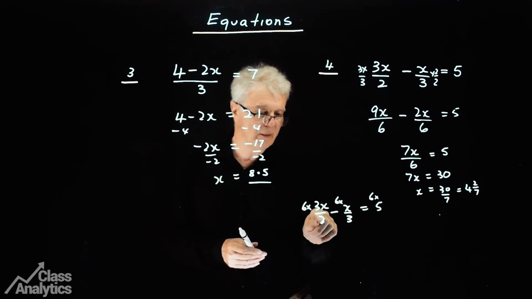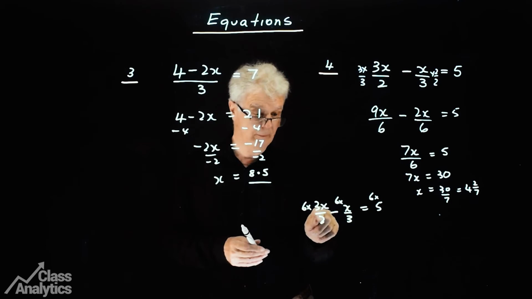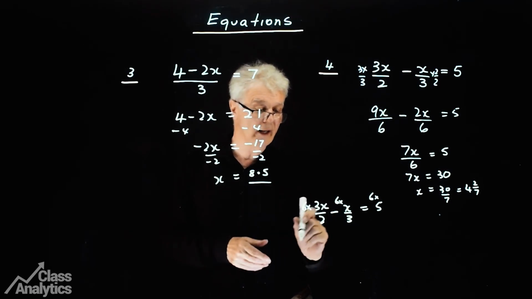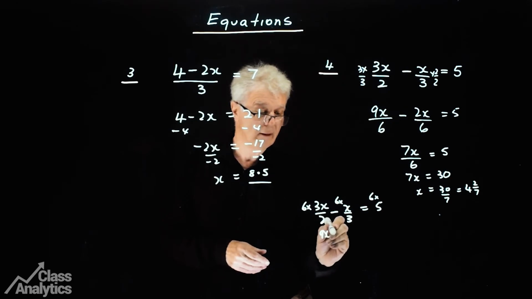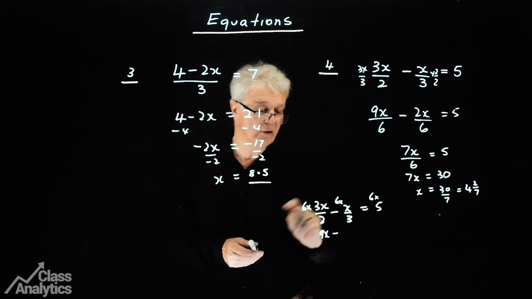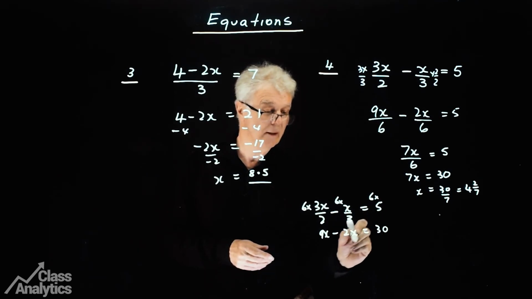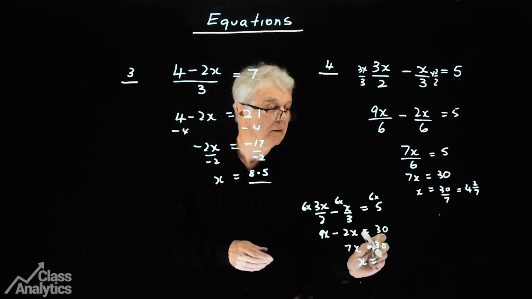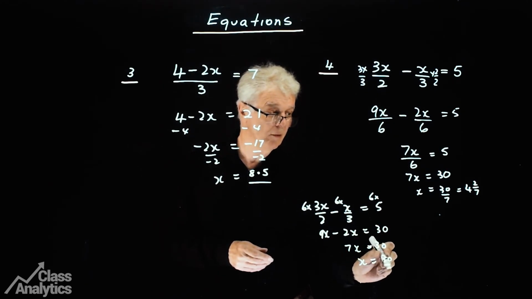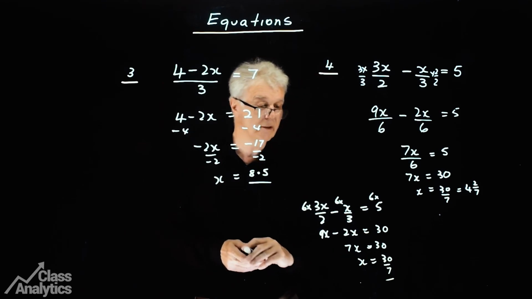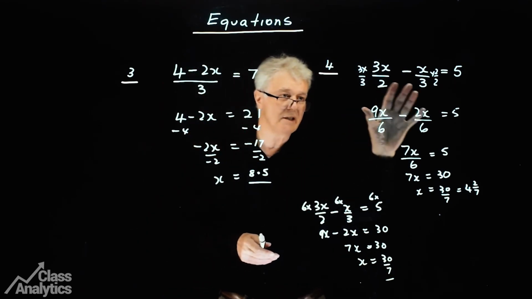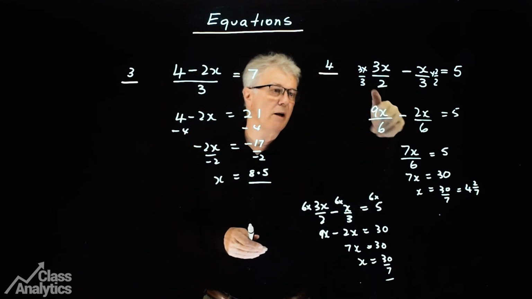So now this becomes, 2 into 6 goes 3, so that's 9x. And 3 into 6 goes 2, minus 2x is equal to 30. So 7x equals 30, and we get the same result, 30 over 7, or 4 2/7 as your final result. I actually prefer this technique only because it's reinforcing